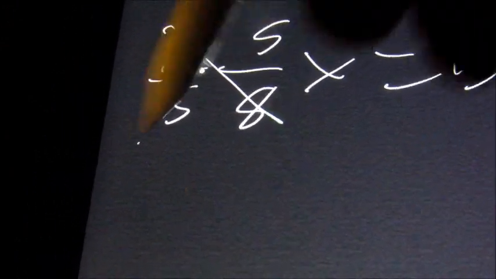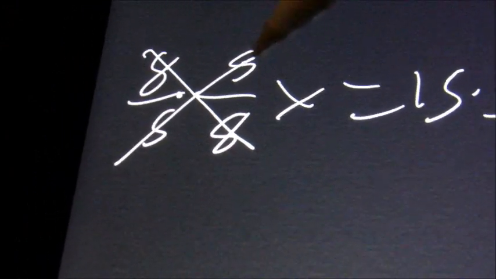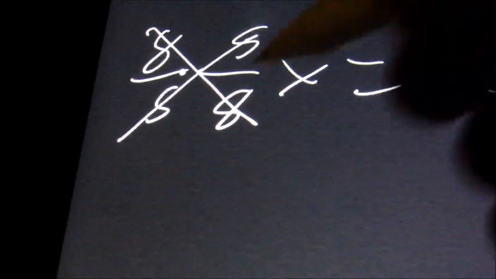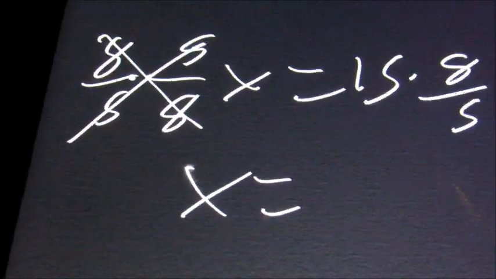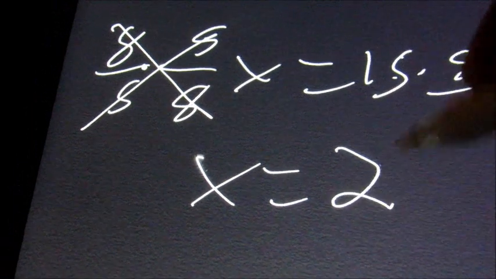So these will cross out because 8 divided by 8 is 1, 5 divided by 5 is 1. So I'm left with x equals, the 5 will go into 15 3 times, and 3 times 8